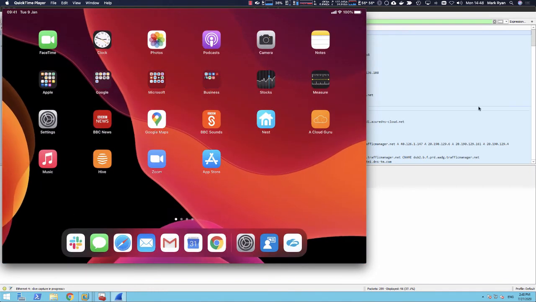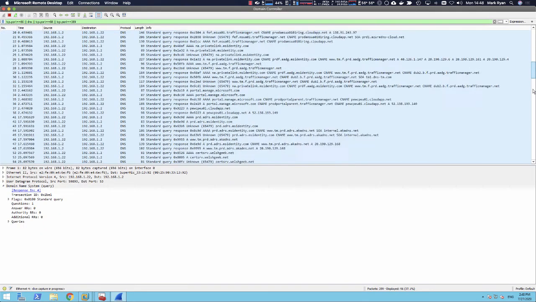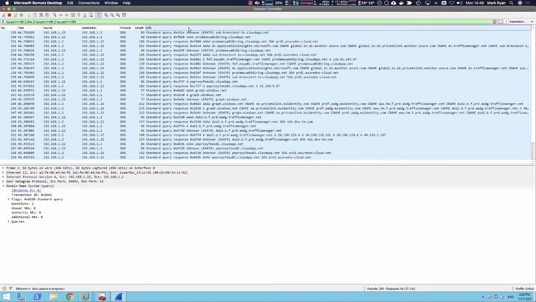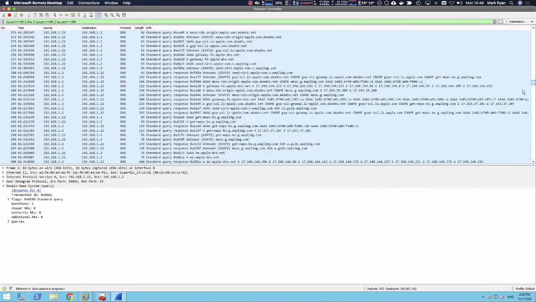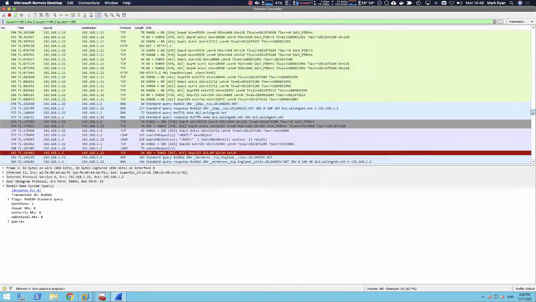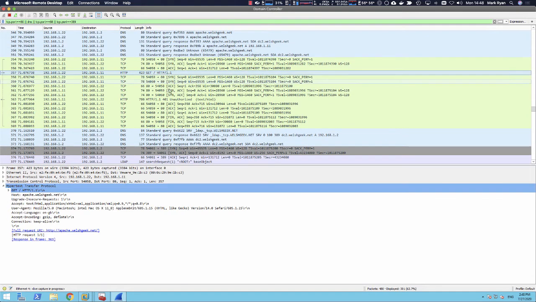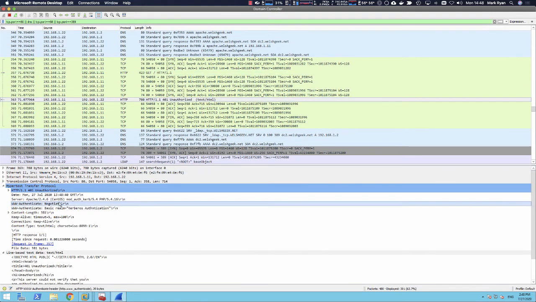So if we jump across to this domain controller, we can see probably not very much. TCP port 80, DNS port 88, nothing going on port 389 either. So let's go ahead and launch our browser, and let's go to apache.wellsgeek.net, which displays fine, and see what the changes are. So here we see the GET, we see the 401 negotiate authenticate challenge, but at this point it does an